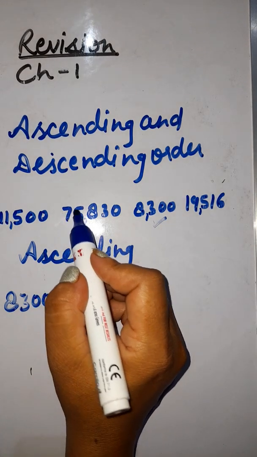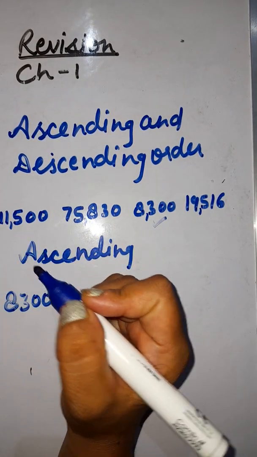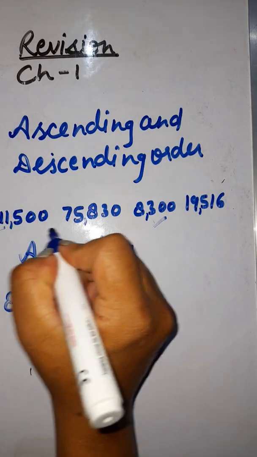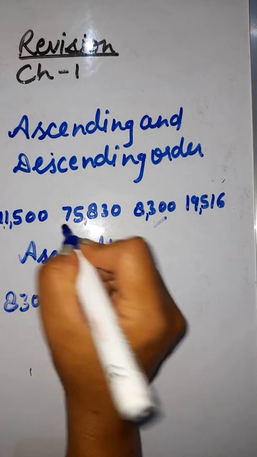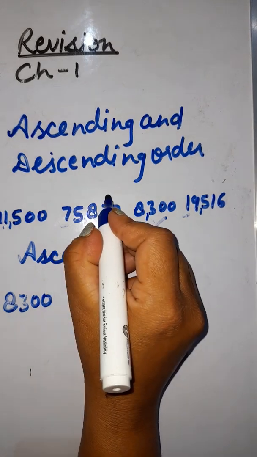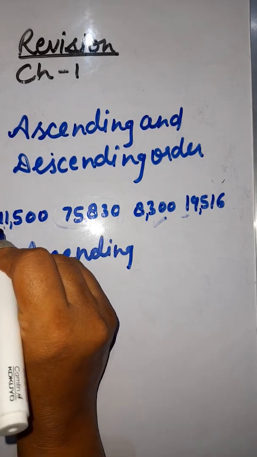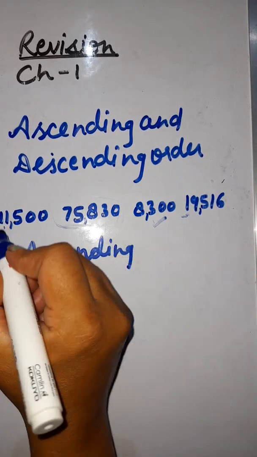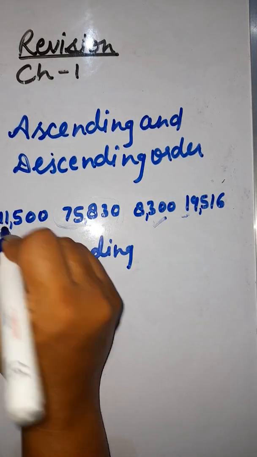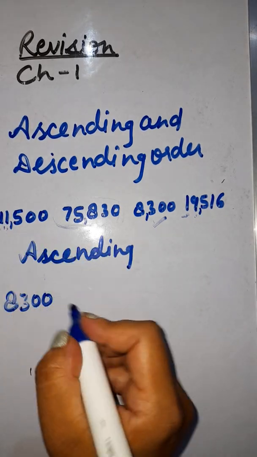Now these numbers have the same number of digits, so just look into the 10,000 place. Here the 10,000 place is 1, and here the 10,000 place is 7. Here the 10,000 place is also 1. Just leave that one out for now, because 7 is greater than 1. So just look at both numbers. Here is 1, here is also 1. Now check the 1000 place. Here is 1, here is 9. So 9 is greater than 1, so this one is smaller.